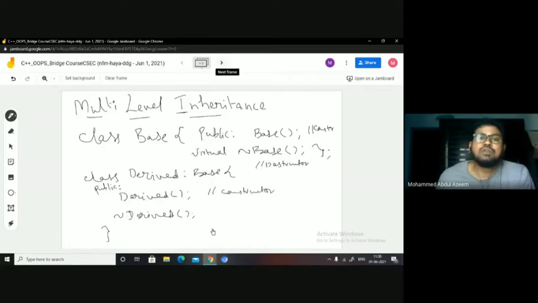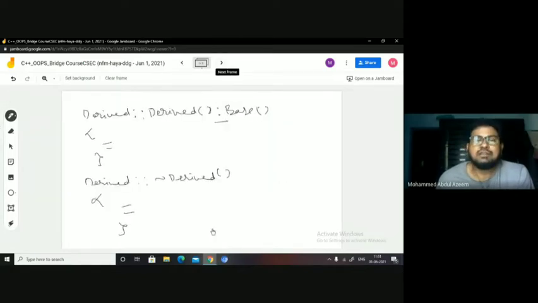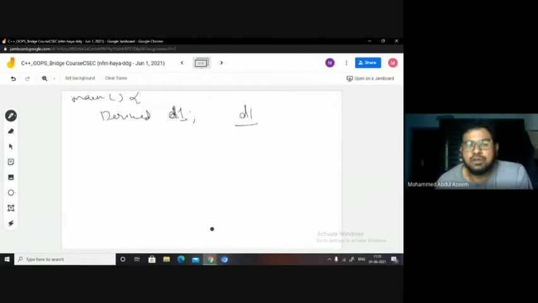So when you create a derived class object, memory is allocated not only for the derived class but also for the base class members, right? For both the members, the required memory is going to be allocated for this particular D1.